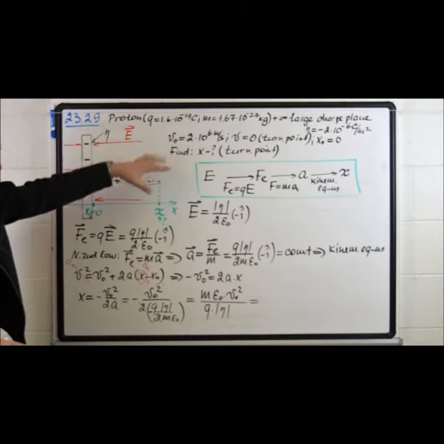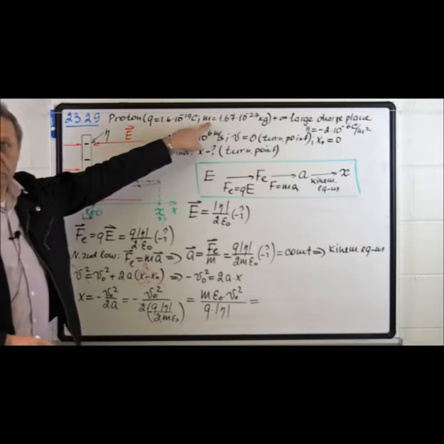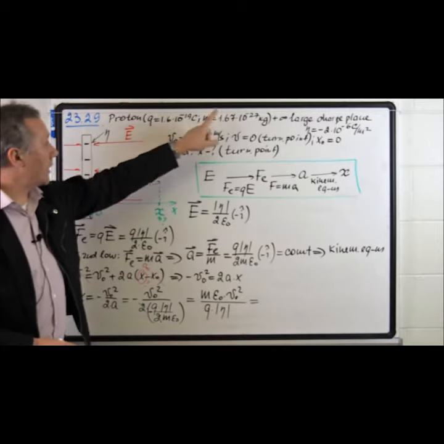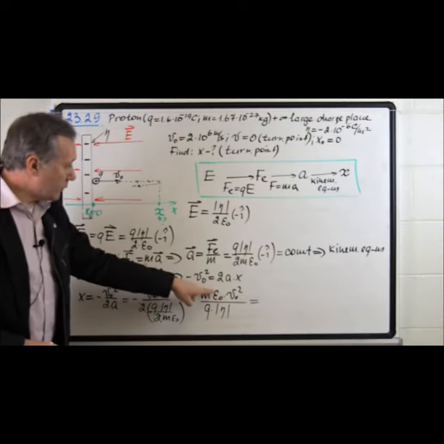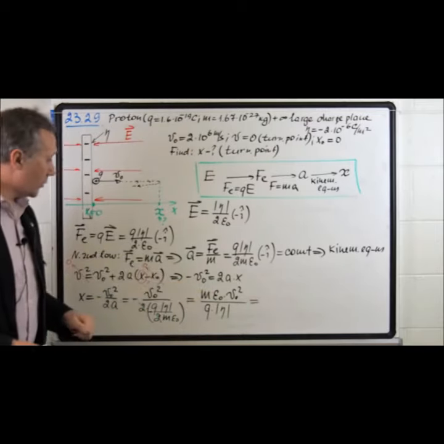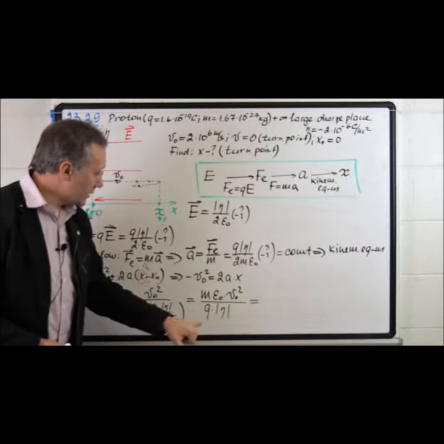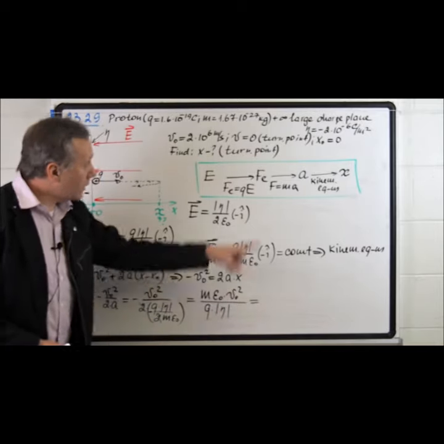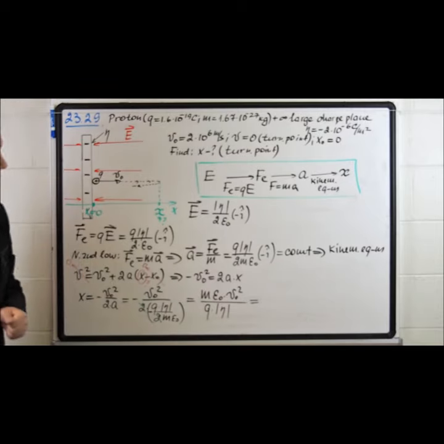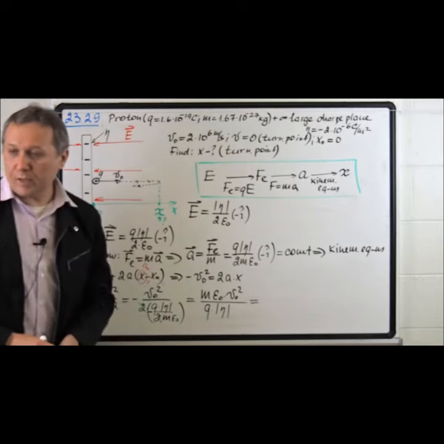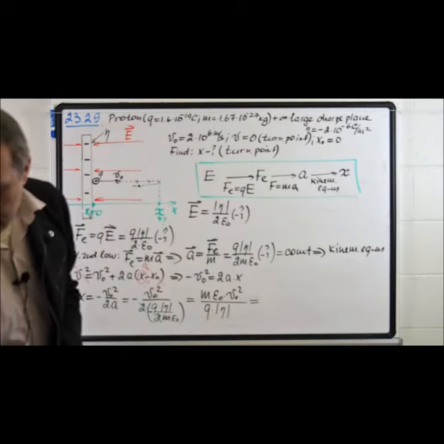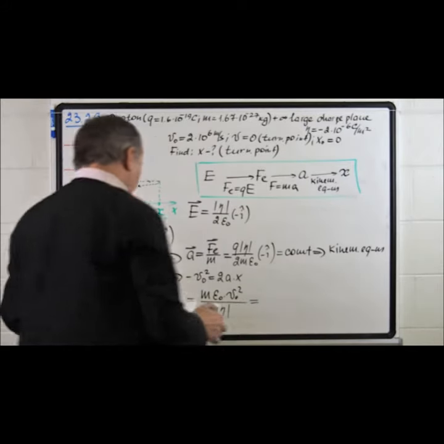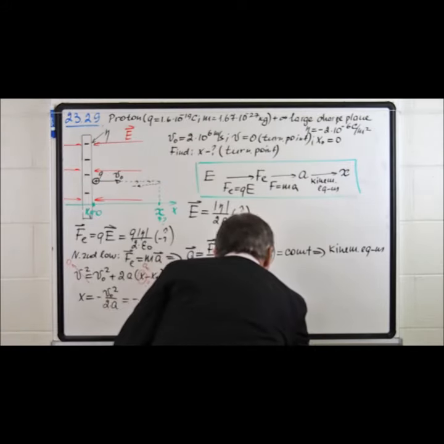Everything is given. Mass of the proton, you can find it in the book, right? I wrote it down. Universal constant, you can open up and look at the book. Initial velocity is given, charge is given, surface charge density is also given. So if you plug numbers, you will get this answer. I will just write down the answer. You will get